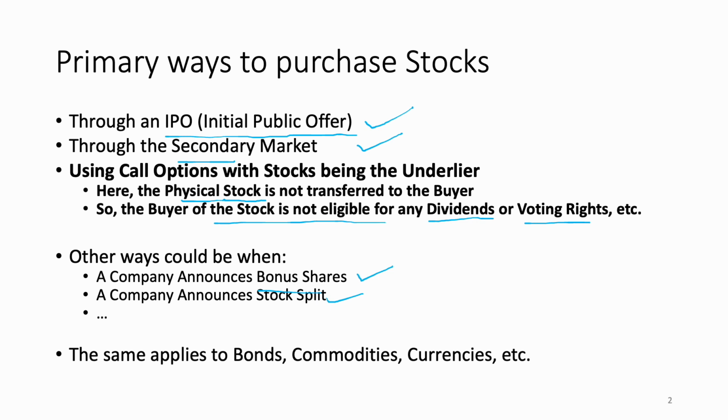Let's understand through another example of a commodity. Now, if I want to buy iron, I can go to the market and buy iron. Now, in that case, the iron that I purchase will be directly in my possession. I will be the owner of that iron. However, if I use that commodity iron as an underlier, I will not be owning the iron, but I can trade on that commodity and make a profit or a loss on that.